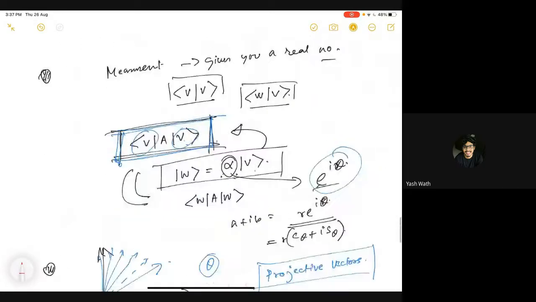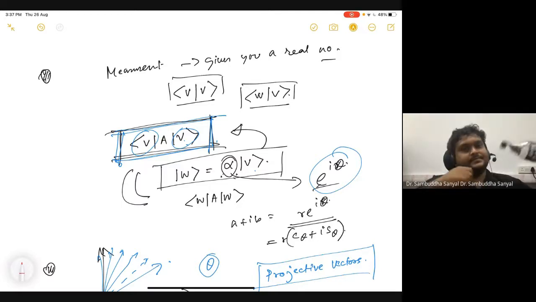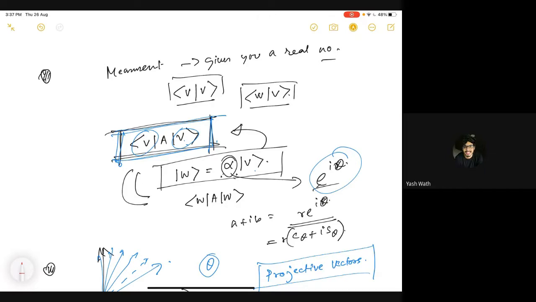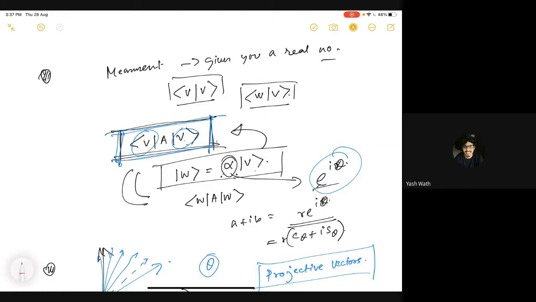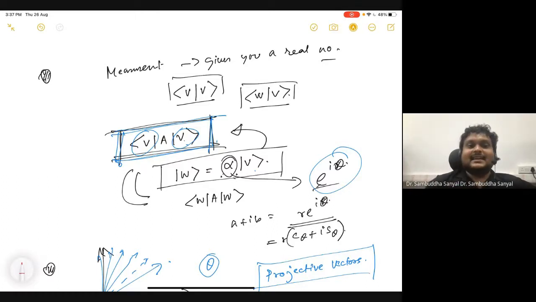Just the start. This. So I just wanted to know, this object in blue, <V|A|V>, it is a complex number, right? Yes. What is that object? I mean, what does it represent? Like, I know that ω(V) represents the probability amplitude of V being. Yeah, so this is in general a complex number. But if A is Hermitian, then it can be a real number. So what does it represent?